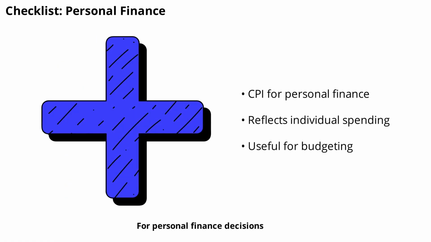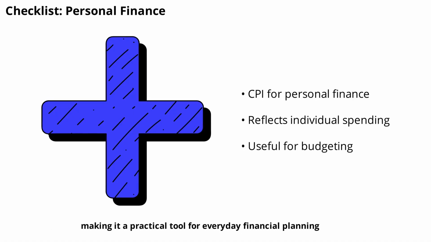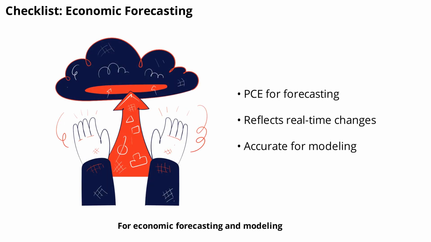trends. For personal finance decisions such as budgeting or tracking cost-of-living changes, CPI is generally more relevant. Its focus on out-of-pocket expenses aligns closely with individual experiences, making it a practical tool for everyday financial planning. For economic forecasting and modeling, PCE's comprehensive coverage and adaptability make it a strong choice. Its ability to reflect real-time changes in consumer behavior provides a more accurate basis for predicting future trends and policy